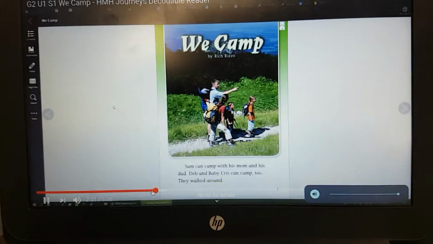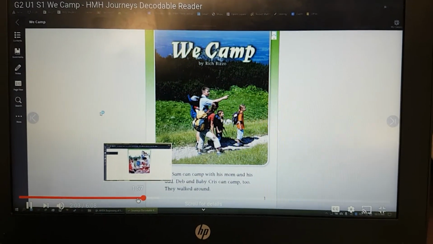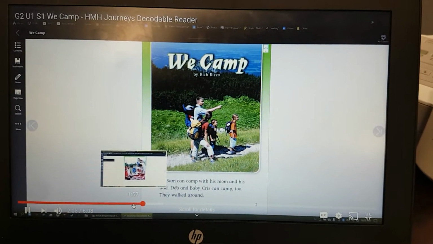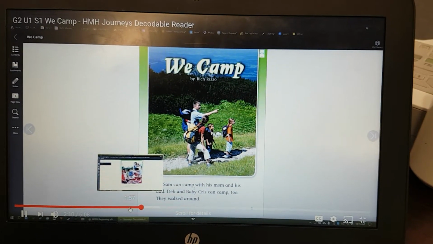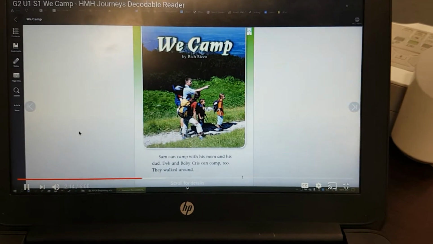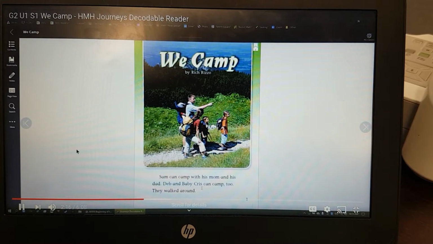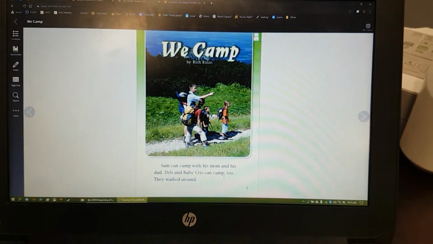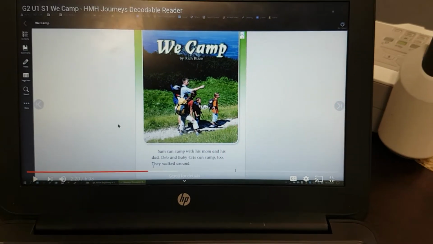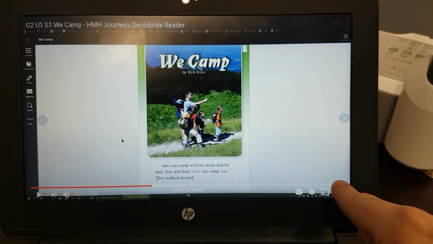Beginning of We Camp. And let's echo read. Echo, echo. We camp. We camp. Sam can camp. Sam can camp with his mom and his dad. With his mom and his dad. Deb and baby Chris. Deb and baby Chris can camp too. Can camp too. Okay, that's what I expect you to do, is go through this entire video and echo read